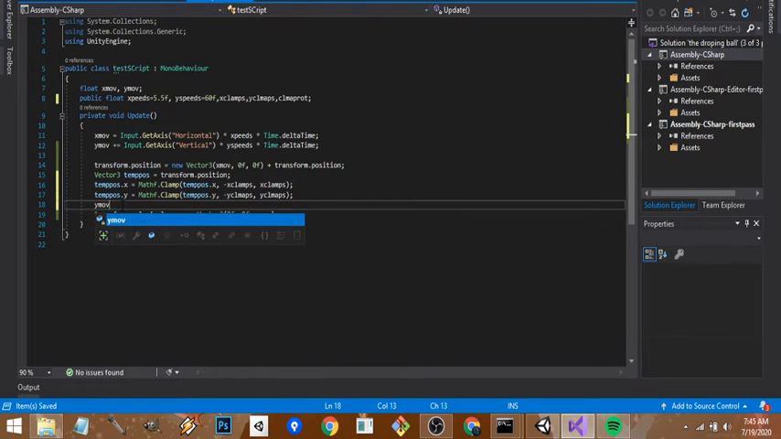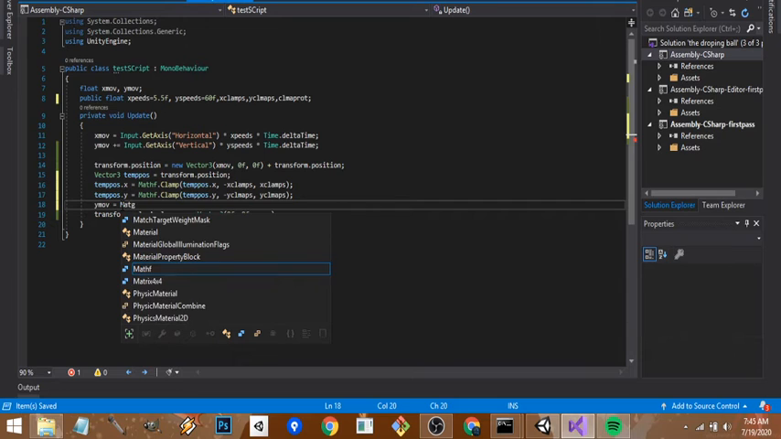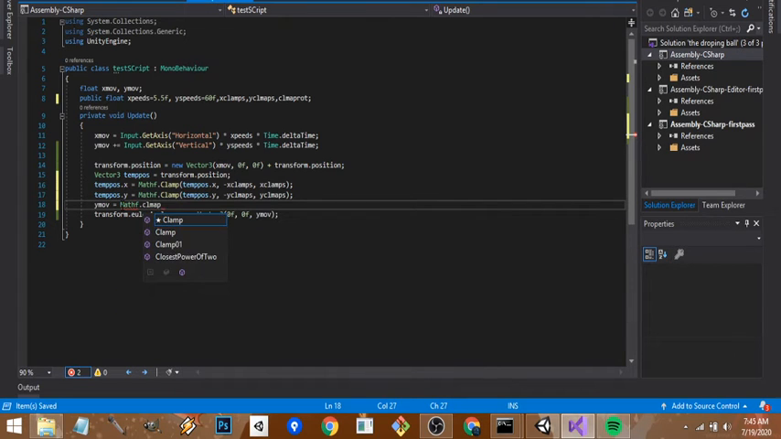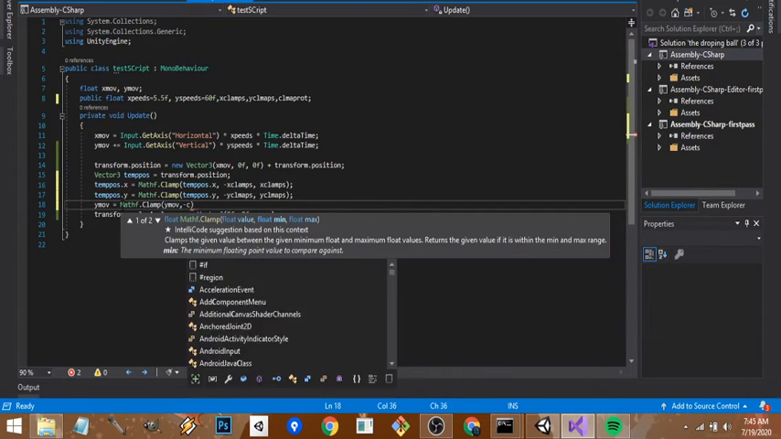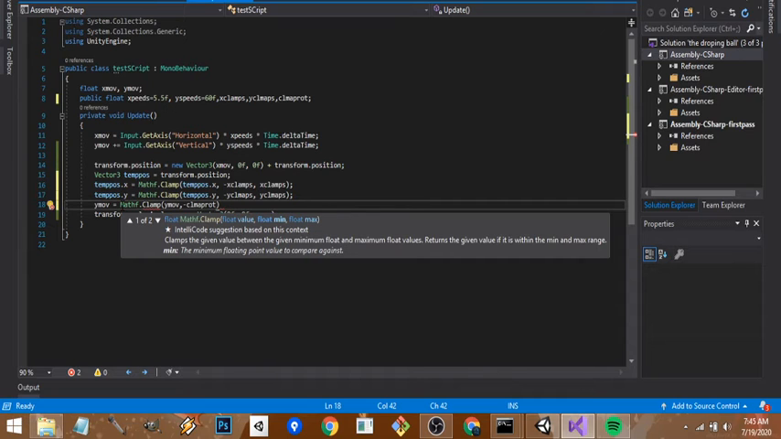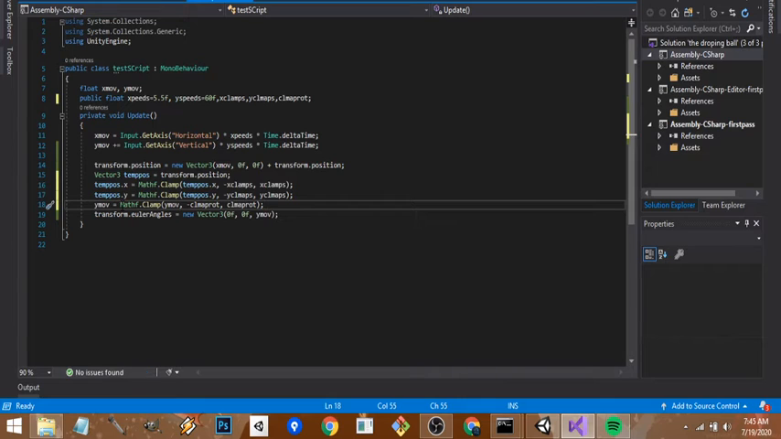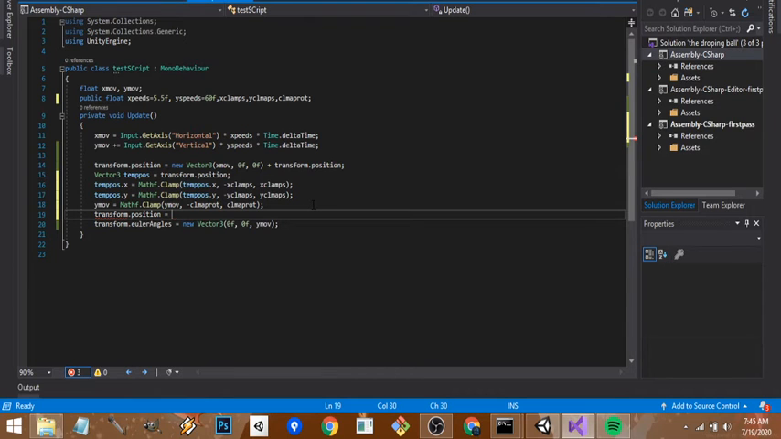So what I will do is directly clamp the yMove position. It will be yMove equals Mathf.Clamp, then yMove, the name of the thing that we want to clamp, comma, minus clampRotate, comma, plus clampRotate, and we are good to go. Now we have completed what we want to clamp, so what is left is just assigning the values: transform.position equals